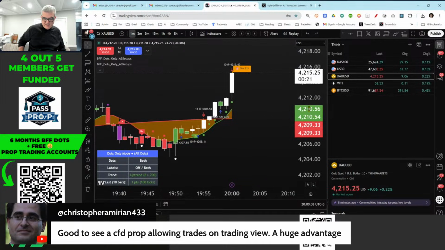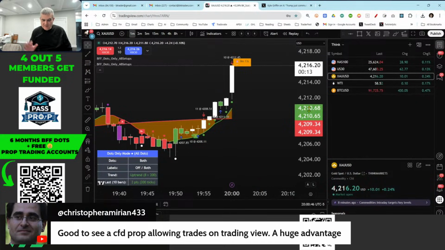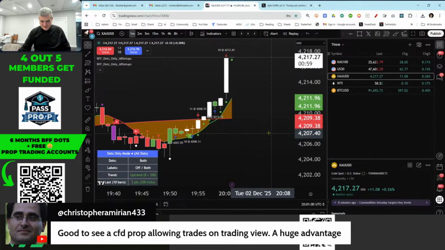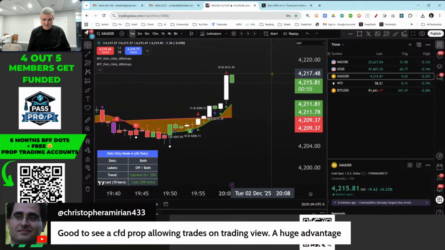Gold really exploded. It's a good example of you take momentum, and just when you think momentum is done, it's really just starting, right? So now we have this big explosion. We're probably going to maybe go to 220. There's maybe one more candle. I'm not going to run one more candle here because we had a big extension here, although I'm pretty sure we could get another candle move here.